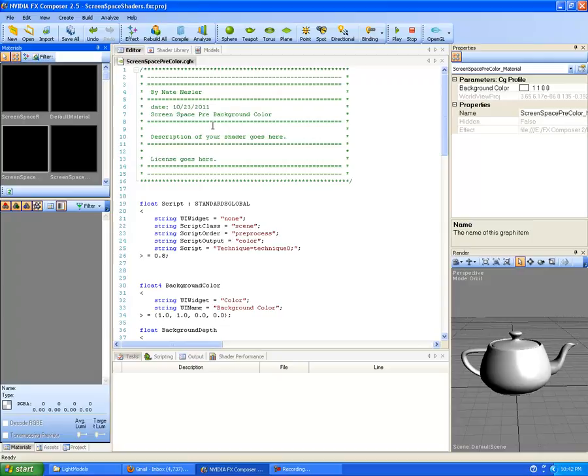So there's a couple different things we can do. We can do a pre-ScreenSpace shader, or we can do a post-ScreenSpace shader. Pre means we're going to apply the ScreenSpace effect to the entire screen before we even start rendering any objects in the scene. Post means we're going to apply the ScreenSpace calculation, where we do something with the images, after we've